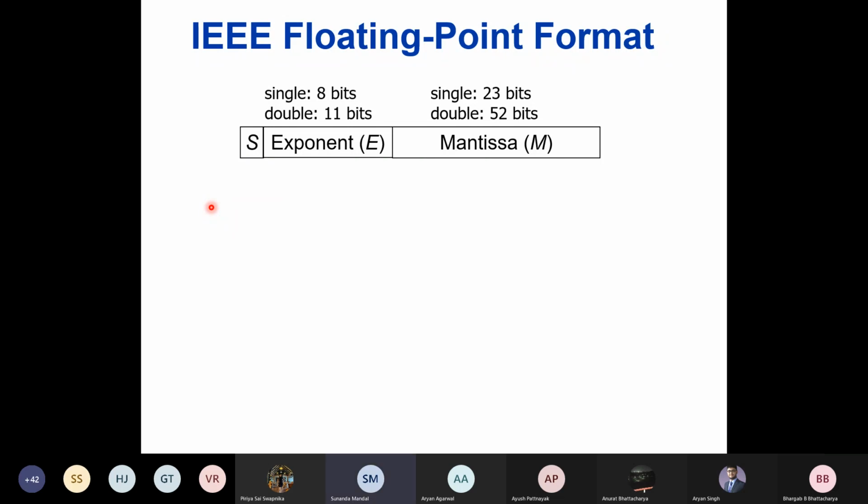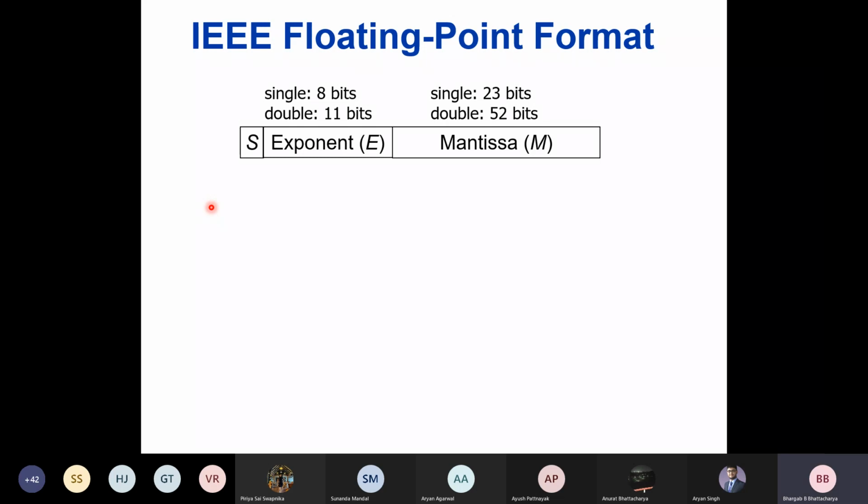The exponent is the 10 to the power term, so yes, it will grow exponentially. The number of bits will be fine. It's 2 to the power something, right? In case of binary, anyway. So the exponent designates the range of the number you can represent, isn't it so? What is the range of the number? What is the maximum number and what is the minimum number that you can represent? It is mostly determined by the exponent field, correct?